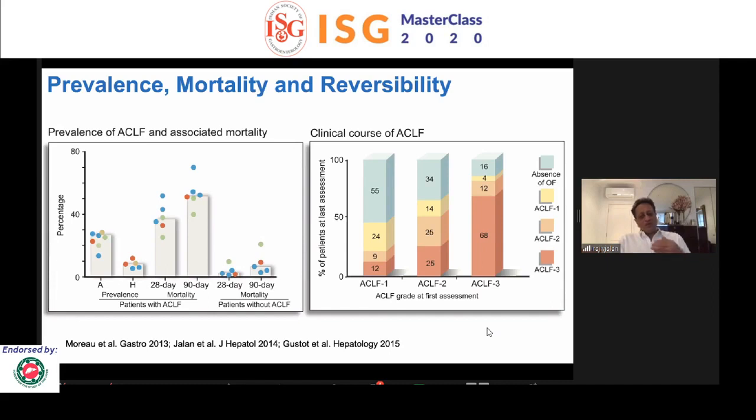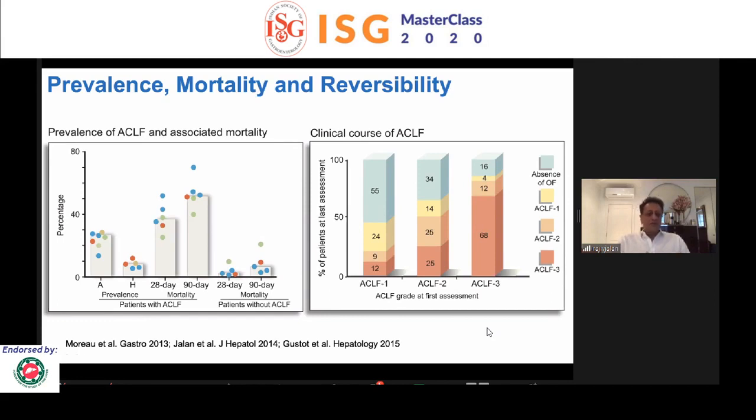And therefore, we need to think about how we're going to manage these patients differently to those of ACLF 1. These are very simple, practical questions that you need to answer at the bedside in order to decide what is the best treatment for my patient and what you are going to tell the family about what is likely to happen to your patient in the future. So the important thing to take away from this right-hand side of the slide is exactly this, that there is a progressive reduction in the risk of